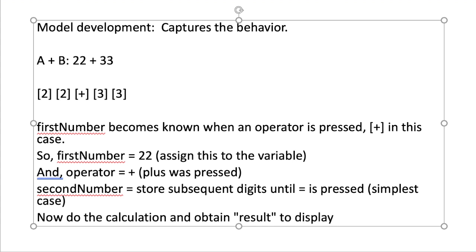So this is the basic functionality of the model. The model keeps track of what is the first number, what is the operator, what is the second number, and what is the result. And there may be cases, for example, there may be error messages if you divide by 0. The model needs to take those things into account. So we'll add those as we build. But we'll start with the most basic use case, A plus B, or A operator B equal to whatever it is, right? So now our